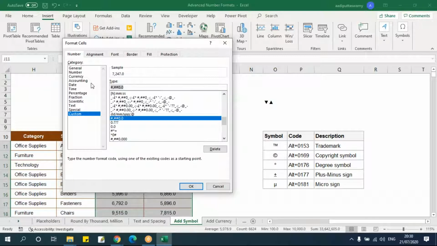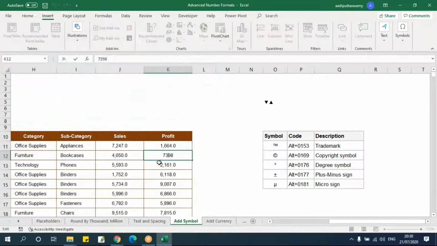Now I want the negative number as well. Suppose, or say not negative, I am putting a condition here. Previously we learned how to use this negative number. Now we will see how to have the conditions and then give these symbols. Suppose if you want to give a negative number, I'll put this in bracket, and say okay. If I have a negative number, this will be in bracket.